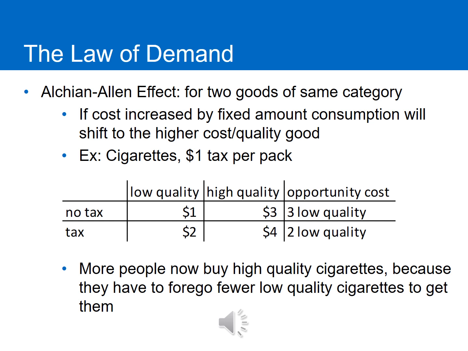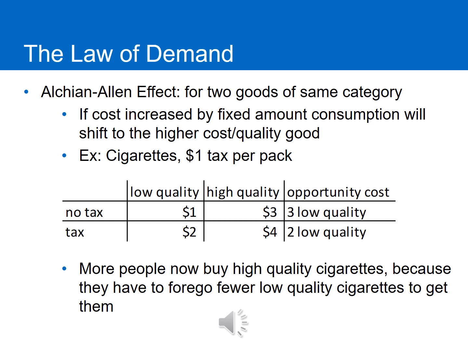You would assume that if the price of both went up, people would purchase more of the cheaper one because now both are more expensive. But in fact, the opposite takes place. Now, when they developed this back in the 1960s, they were looking at the market for cigarettes. People were just beginning to realize how unhealthy cigarettes were, so states began taxing them. So they looked at an example with a $1 tax on a pack of cigarettes. We'll use $1 to keep the